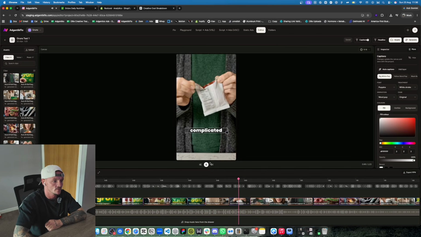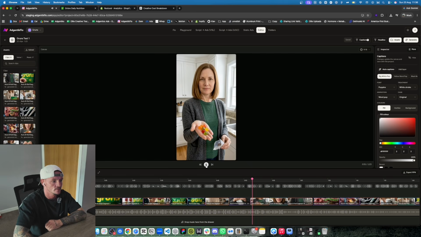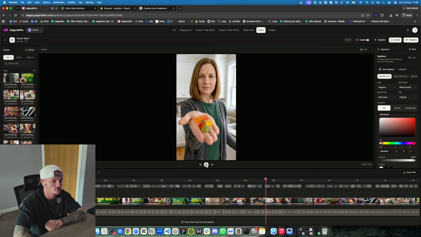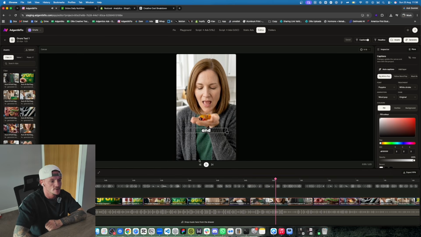No measuring or complicated schedule. I just tear open one individually packed serving, eat 8 great tasting gummies, and So I think as well what